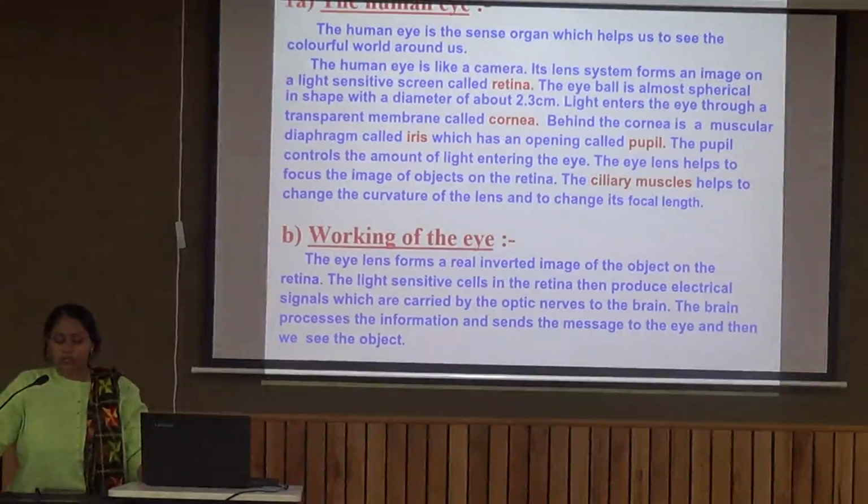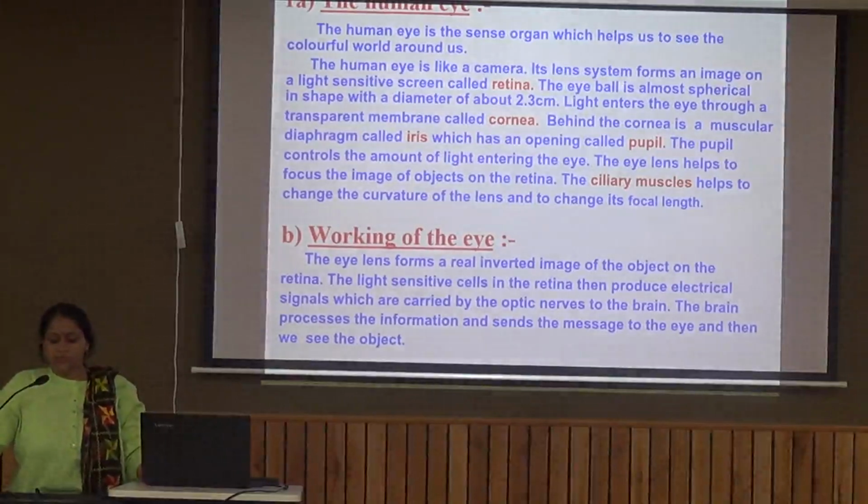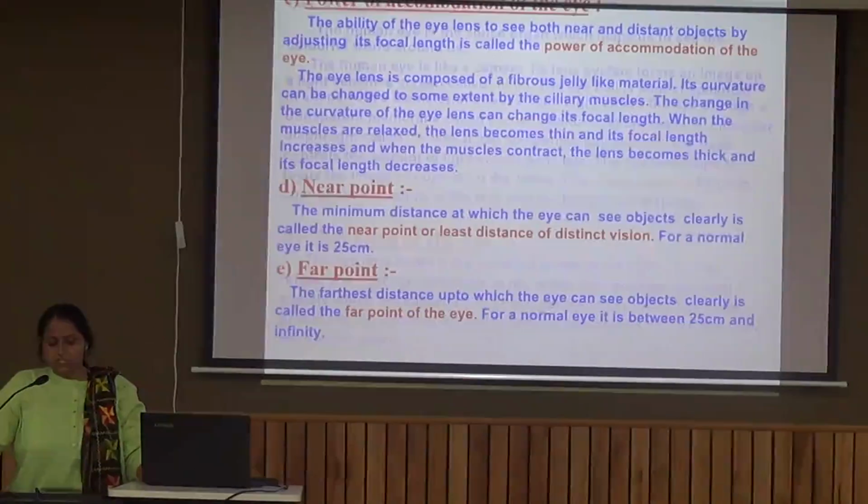Now the working of the human eye. The eye lens forms a real and inverted image of the object on the retina. The light sensitive cells which are present on the retina produce an electrical signal, which is carried by the optic nerves to the brain. And the brain processes the information and we can see the